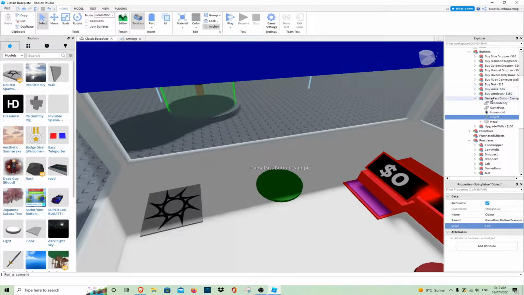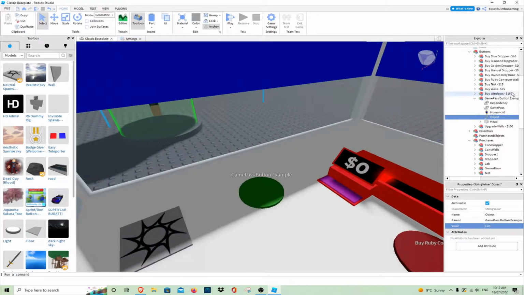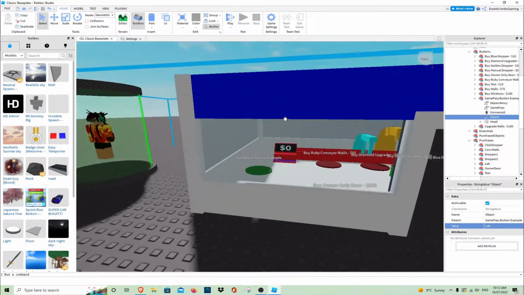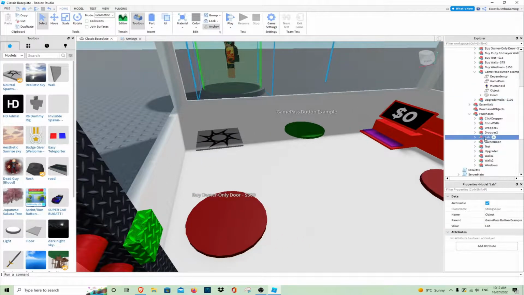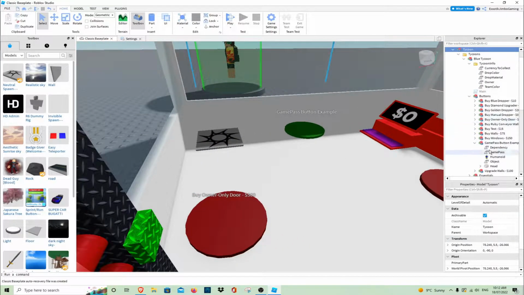Anyway, Game Pass button example. You want to put in the object. In this case, I put lab, because that's lab, and you want to put the lab into purchases. So, for example, if I copy this,